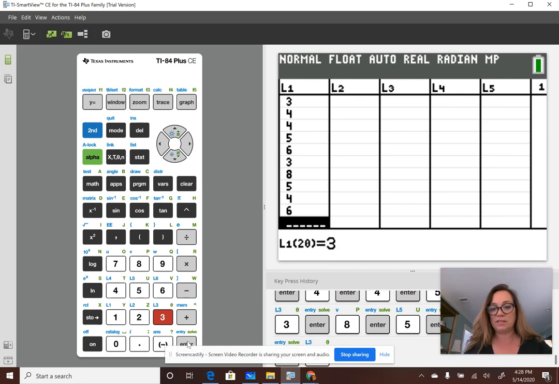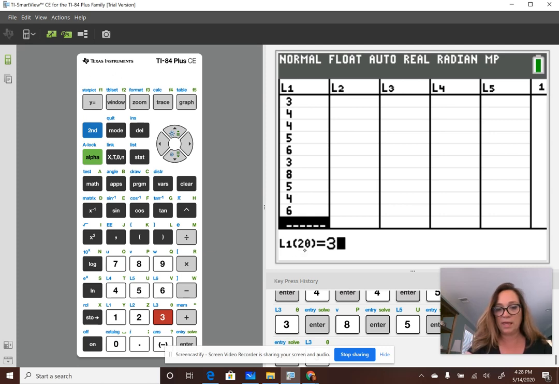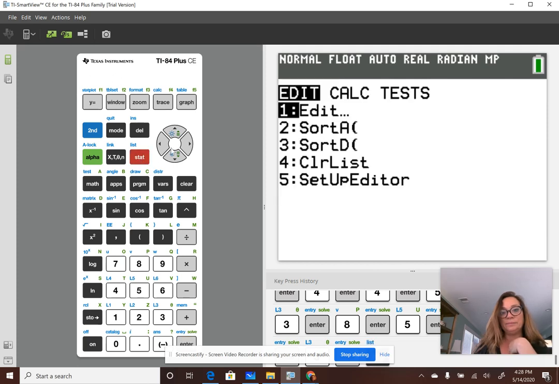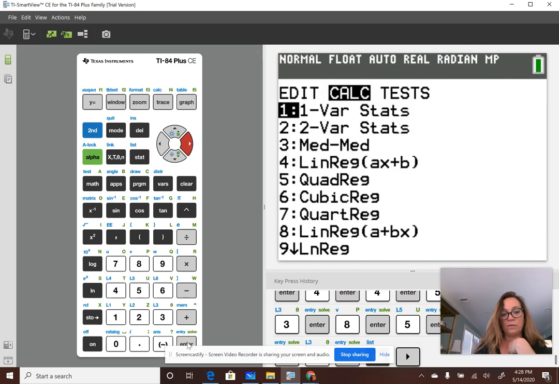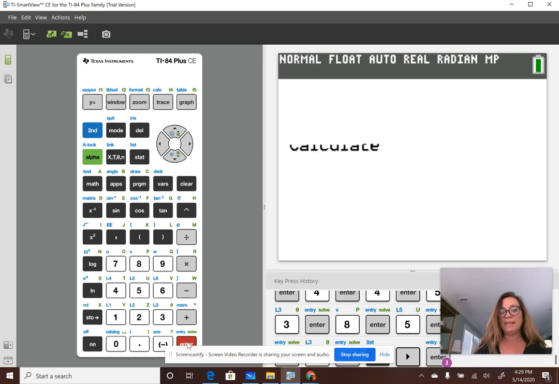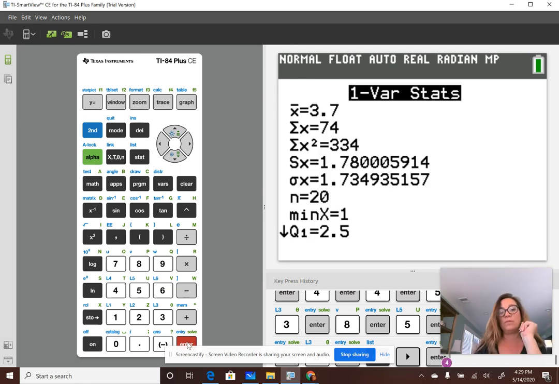So you notice the number in the parentheses. I'm pointing to it as if you could see my screen. Right here, this 20. That tells you how many data points you've entered. So when it says 20 chicks in the words, I'm glad that there's 20 entries because that means I probably entered it correctly. Then you hit stat, arrow over to calc, 1-var stats, make sure your list matches, and then calculate. So the mean is the x with the bar, and